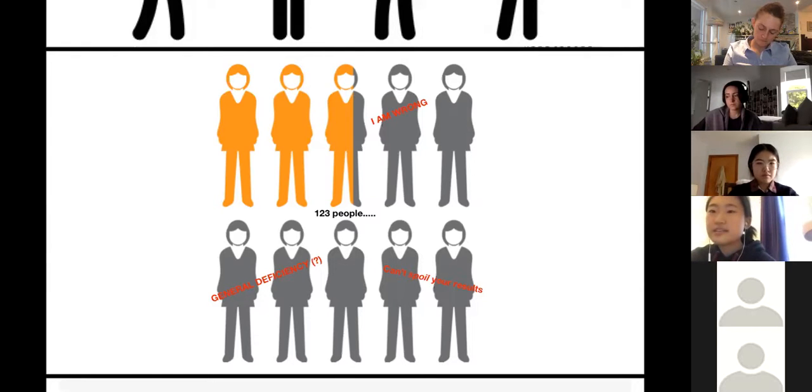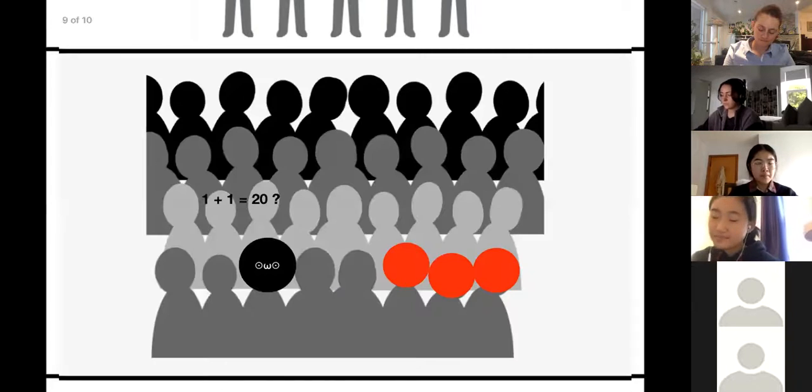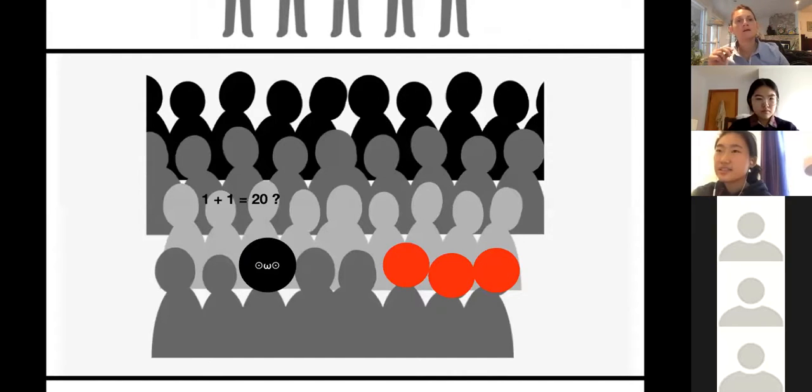So the researcher decided to twist a little bit the different variables to find out if things like the size of the group or having someone who would agree with you would change the results. So they found out that in a group of 2 people where one person was wrong and one person was just giving out their answers, there was already a certain degree of agreeing with the wrong answer.